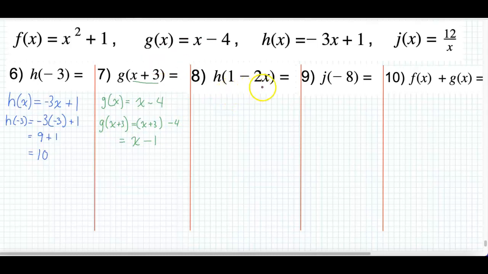H of 1 minus 2x. Let's just write down again what the function h of x is. H of x says that for any input, we multiply the input by negative 3. We've already done this one here. And then we add 1. Okay? So let's just see what I have as my input is going to be 1 minus 2x. So h of 1 minus 2x, oopsie,